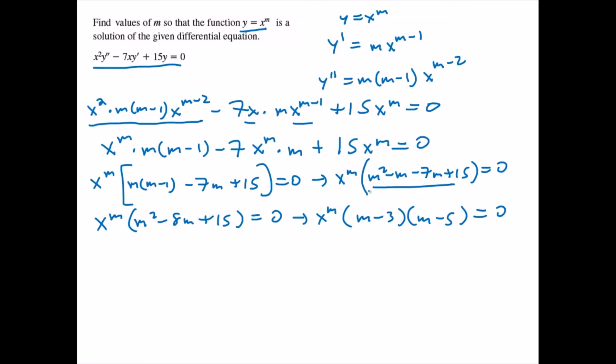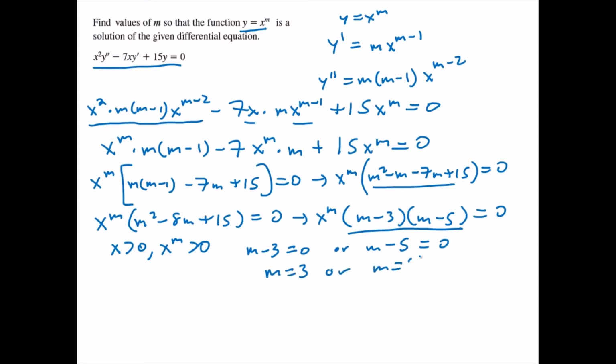Now, one thing we should note is that if x equals 0, that doesn't give us anything useful. So if we consider simply x values greater than 0, then x to the m is going to be greater than 0, which means that we can just consider these two factors, m minus 3 equal to 0 or m minus 5 equal to 0, giving us the solutions m equals 3 or m equals 5,